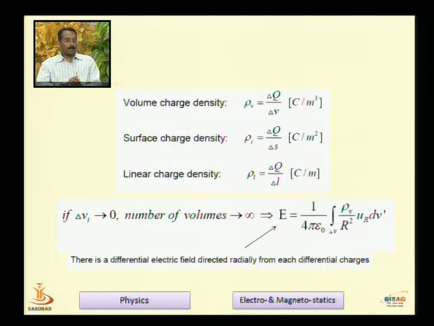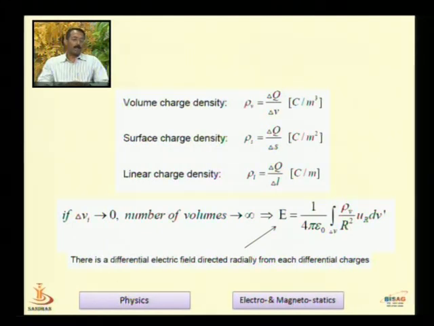So this is the equation. When we consider discrete charges, then you can see in the previous example, the equation for the total electric field was written as a sum over n. But here we are considering a continuous charge distribution. So we are replacing the summation symbol by integration. So the integration of the electric field is given.